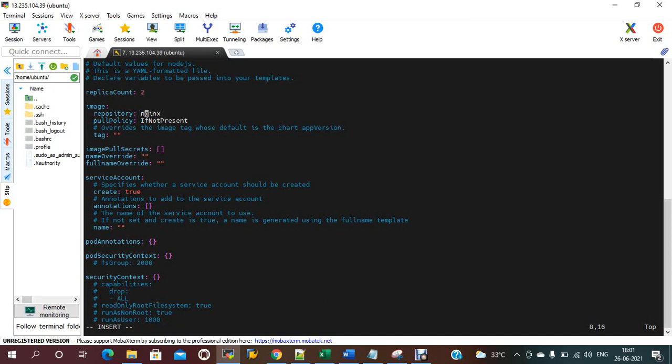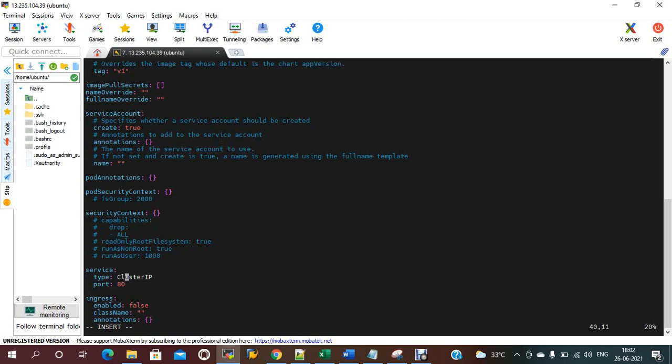The repository is my own repository, and my image is the repo slash hello world Kubernetes, and the tag is v1. This is the image name.